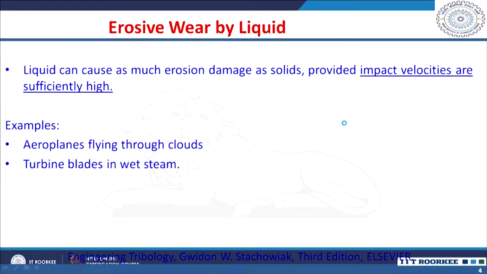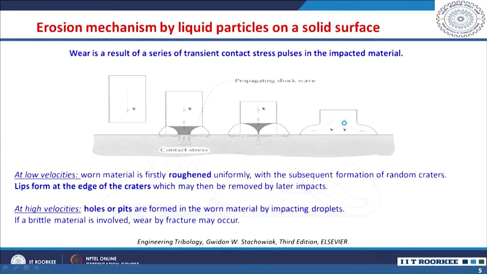So, first, erosion by a liquid. Erosion by a liquid is as dangerous as by solid particles, provided the impact velocities are sufficiently high. For example, aeroplanes flying through clouds or turbine blades in wet steam conditions, where you can find this erosive wear by the liquid. If a water droplet comes onto the surface at a high velocity,